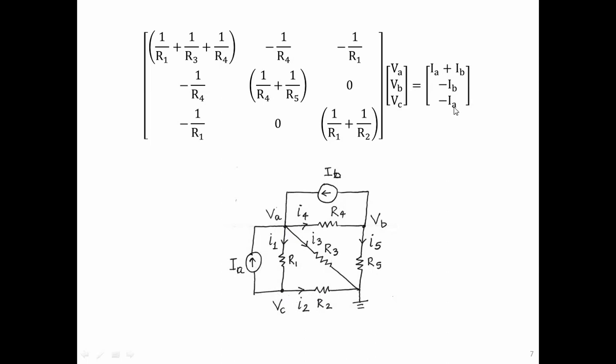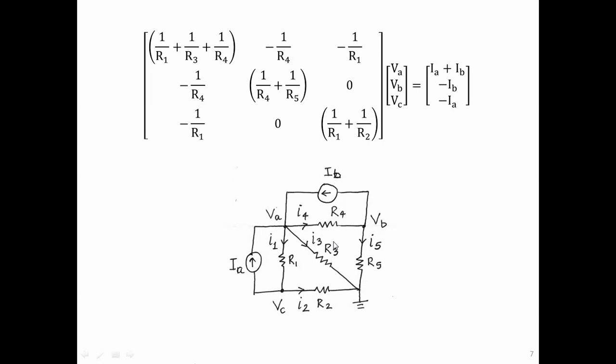Alright, so in fact once you get familiar with this, you can write this matrix directly for a network which has only current sources and resistances. Even if I give you a circuit with 10 nodes and many resistors and many current sources, you will be able to write the 10 equations simply by looking at the circuit without ever needing to write KCLs. Of course, this property has very limited use because there are hardly any circuits that have only current sources and resistances, but it's an interesting property.